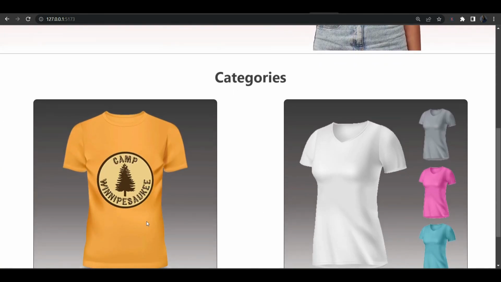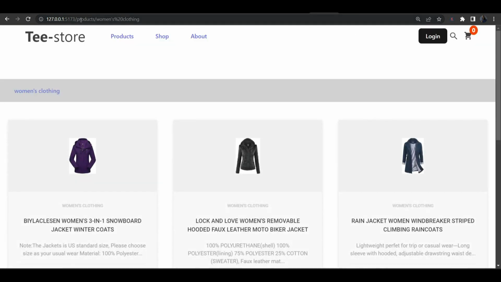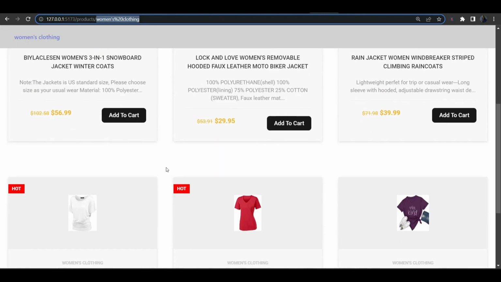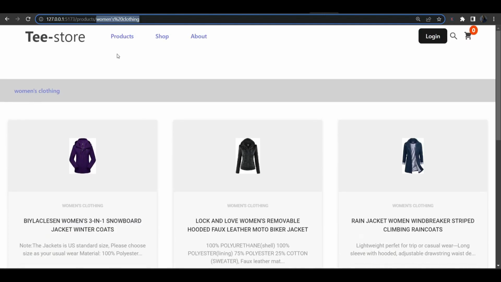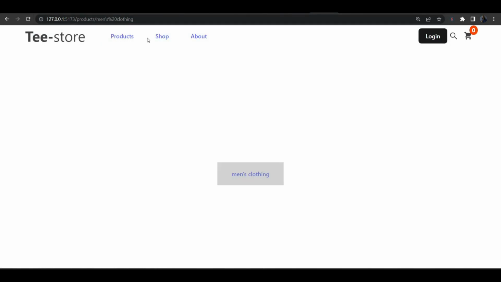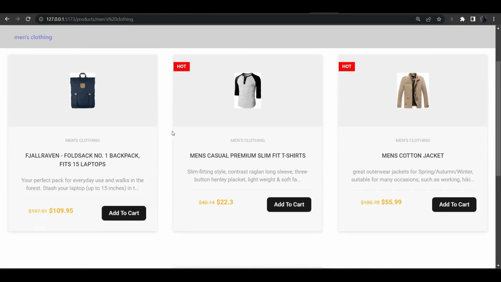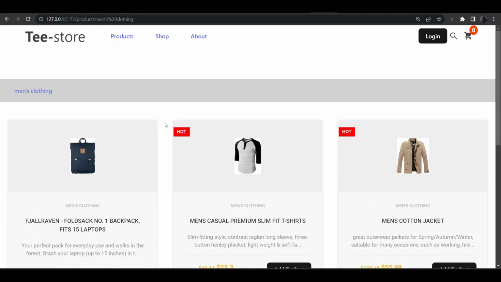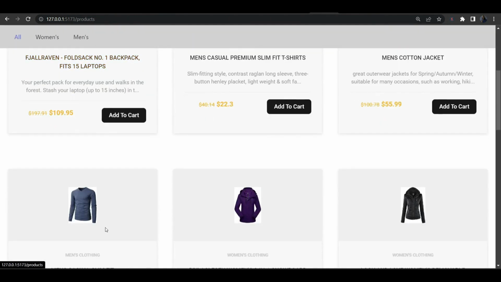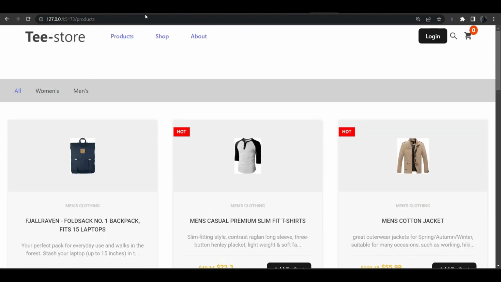So whenever we have a URL parameter added to the /product, it is going to take that and filter it for us and just bring back only women's clothing in this case, or if this was men's, like this, it's going to return only men's clothing. So this is the optional URL parameter we added, and you are going to learn how to do that also. But for now, we want to just focus on building only the product page, which is this, before we go and implement the optional URL parameter filtering. All right,